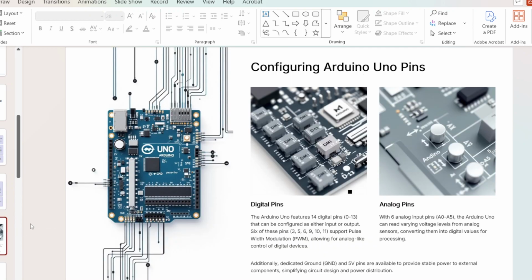Now, the next configuration of Arduino Uno pins is that they can be digital pins or analog pins. The Arduino Uno features 14 digital pins, 0 to 13, that can be configured as either input or output. 6 of these pins, that is 3, 5, 6, 9, 10, 11, support pulse width modulation, that is PWM, allowing